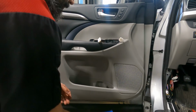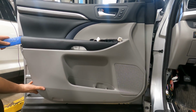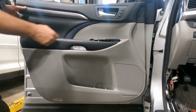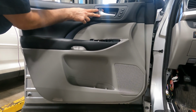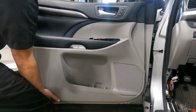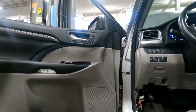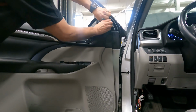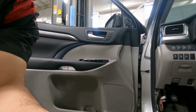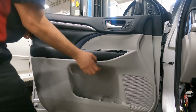Trim tool. Now there's also going to be possibly two cables right here for the door latch and for the door lock. Now we forgot one thing. We almost made a Goomba move. There is a trim piece right here that we must remove before we get the panel off. So now that we got that out of the way and the door panel is loose, we're going to lift up,